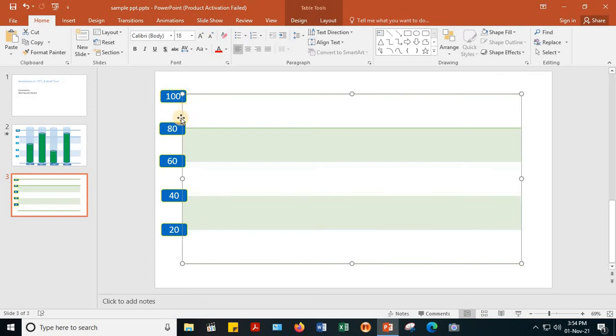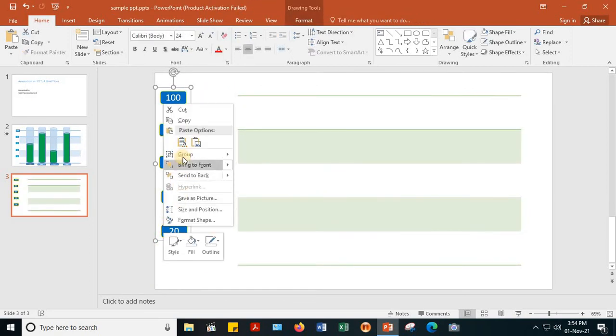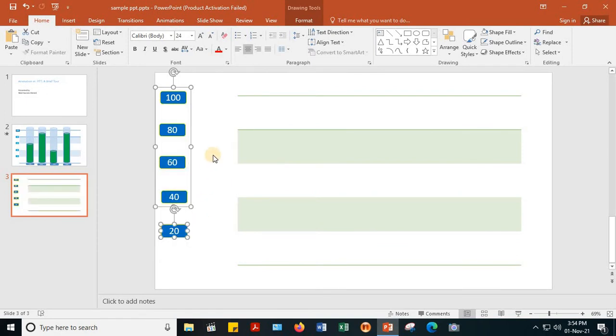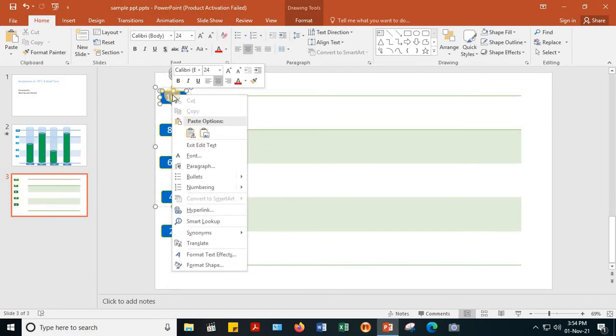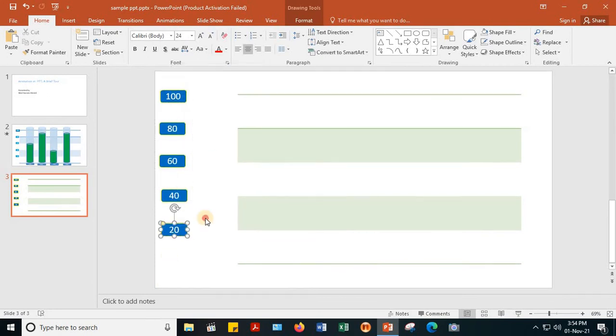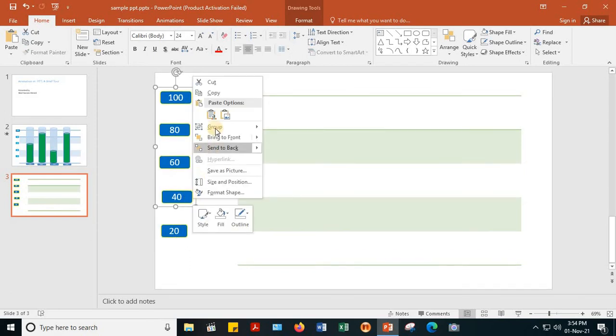So first I can remove this little bit so that I can easily group this, and ungroup first. Then I click it. So this one and this one, it's regrouped.